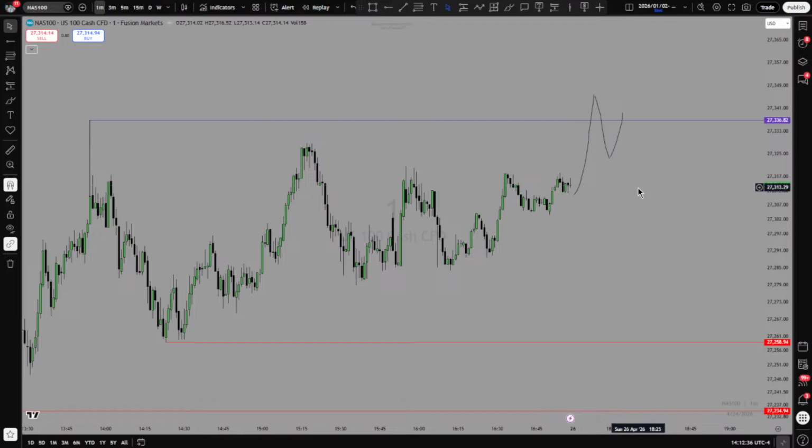I also urge you guys to look at the price action and just learn from the price action. I'm not saying learn from me, but I'm saying I learn from the source.